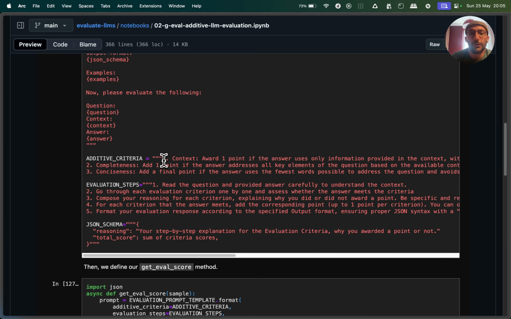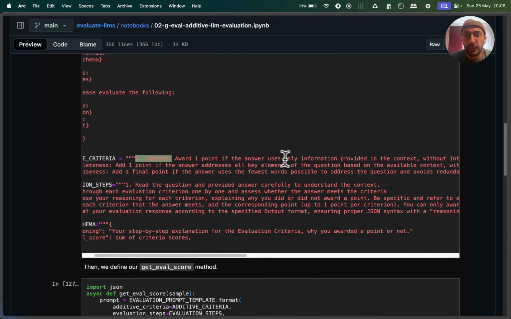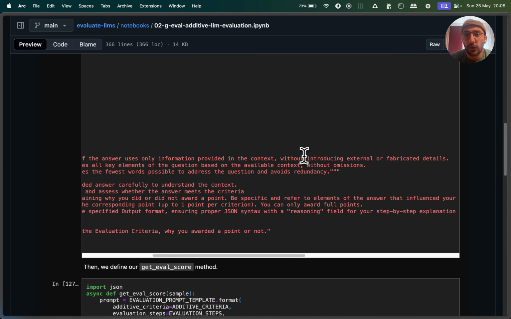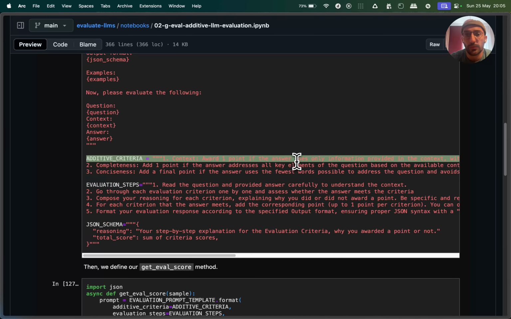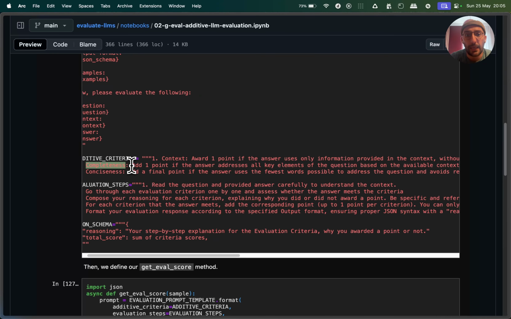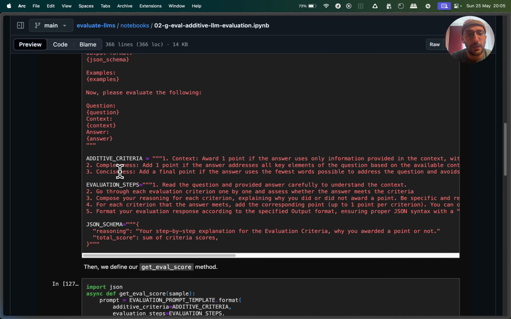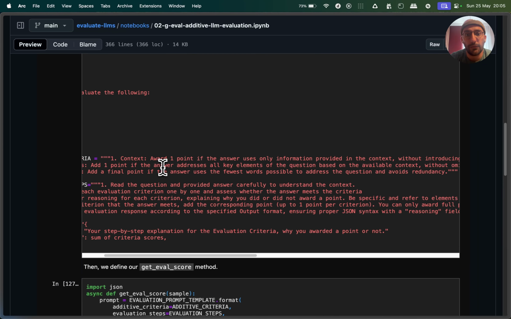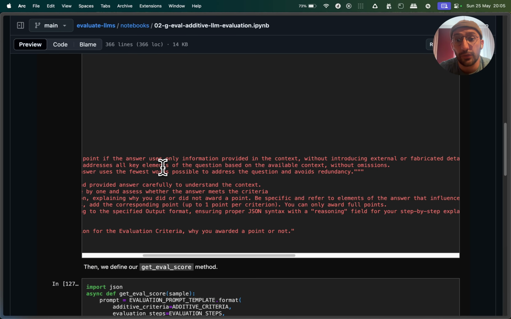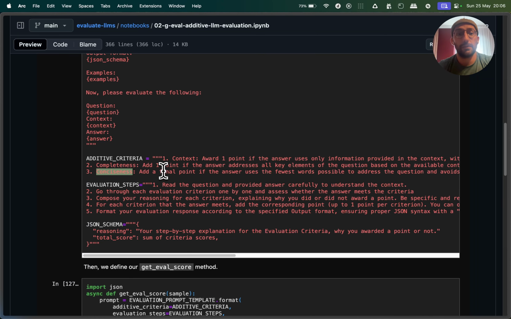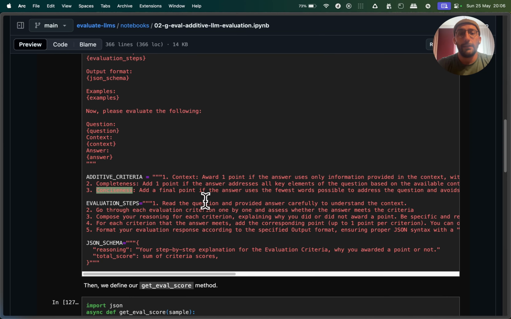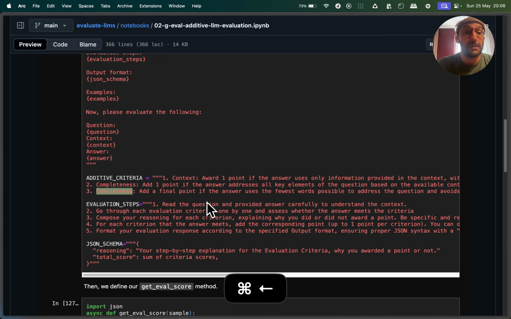Okay, so in this example, they're doing context. Award a point if the answer uses only information provided in the context without introducing external details. Completeness, add a point if the answer addresses all key elements based on available context without omissions. And conciseness, add a point if it uses the fewest words possible to address the question and avoids redundancy. There's also measuring it in terms of fluency, coherence, completeness, etc. And that's just for summarization.